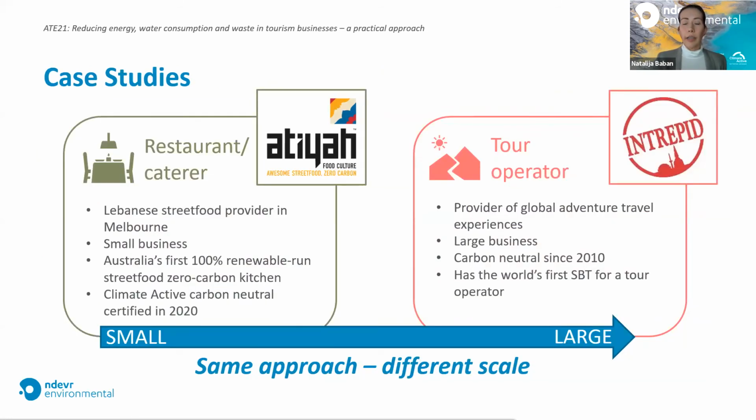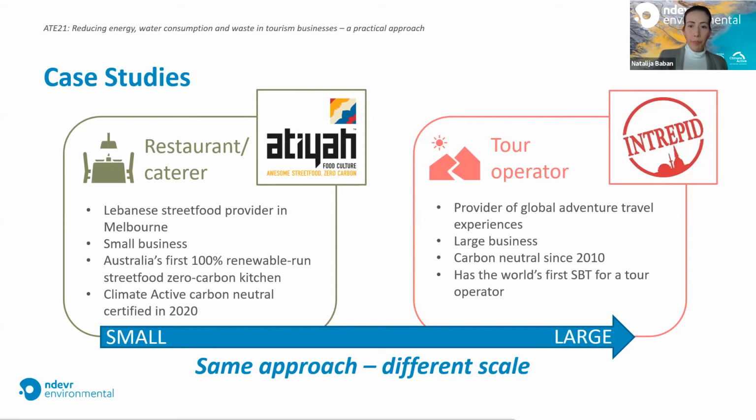So here are examples of 2 companies that Ndevr has worked with to help them attain Climate Active certification, which is an Australian federal government carbon neutral scheme and the only government-backed carbon neutral certification in the world. ATE is a street food provider with their kiosk located in Fed Square, Melbourne. They have been certified Climate Active carbon neutral since 2020. And if you're ever in Melbourne, so sometime in 2022, at this rate, definitely try their yummy carbon neutral Lebanese